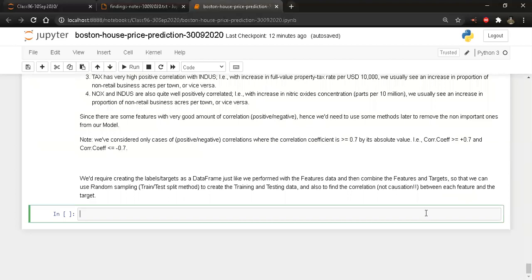Right, now let's start with the rest of the process. So what we have done until now is we have done most of our analysis basis the features that we got. Right, we got the features. Now we need to take the labels and maybe we can put it together along with the features. If we put it along with the features, what we can essentially achieve is that we can again try to do this kind of correlation analysis. Okay, we can try to do this correlation analysis in various different ways, and we try to figure out what is really the most important factors which are, let's say, affecting the price of the house.